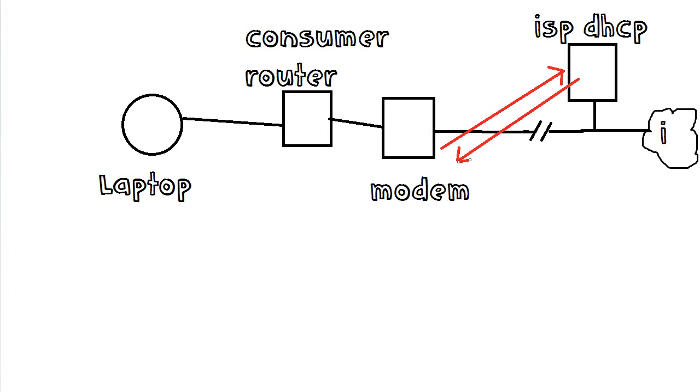The second piece of DHCP that occurs here is between your laptop and your consumer router. Generally, when your computer joins the network, it asks for a DHCP lease, and your router acts as a DHCP server and gives it a local address out of a pool of addresses. Therefore, you're generally using two dynamic addresses to get to your internet sites.